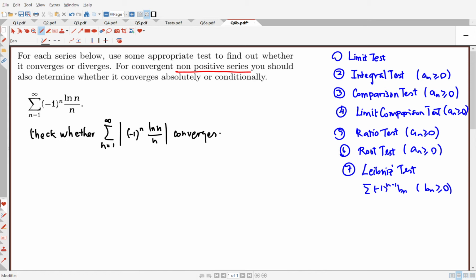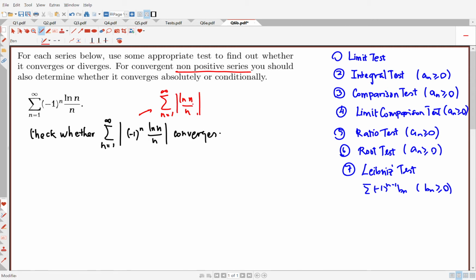Okay, and this is basically the sum from 1 to infinity of ln n over n, because if you have absolute value, the minus 1 power n will just disappear, and the ln n over n, if you take absolute value,